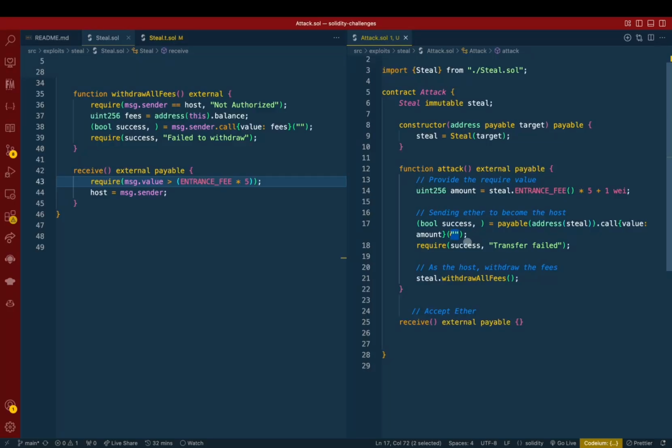So I'm leaving it blank by default. It'll get picked up here by the receive function simply because I am passing value. If there's no value and I tried this call, they would need a fallback function to handle the logic. All right, so now that they've made the call, we know that we're going to become the host, and now that I am the host,